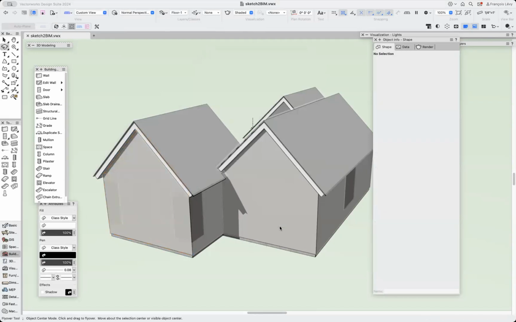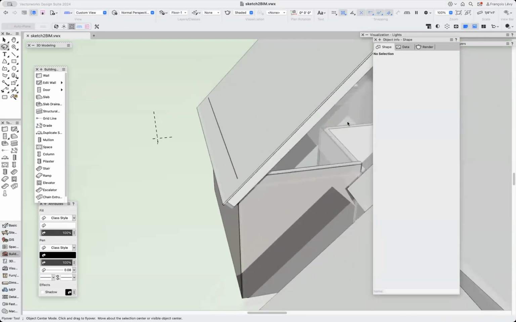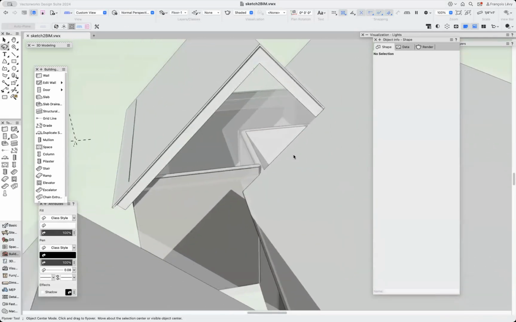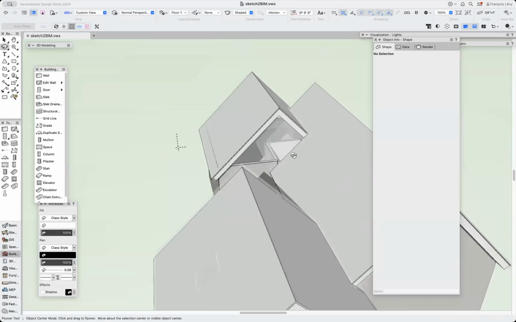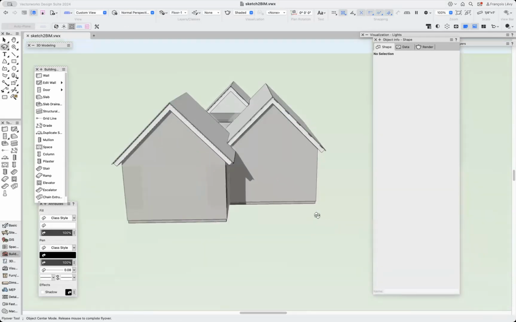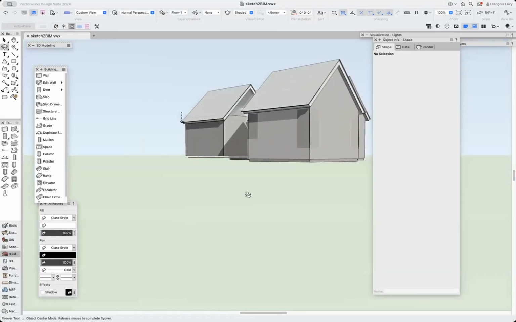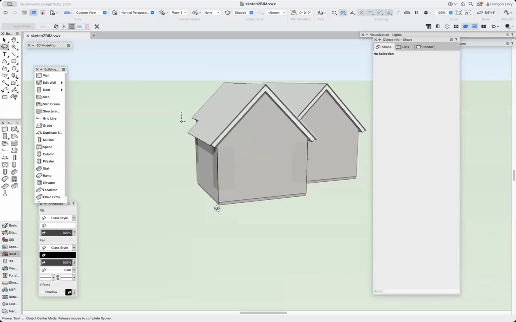Have Vectorworks do that automatically for me. When I get to these little trapezoidal walls, that gets to be a little bit trickier. And then lastly, for making windows or doors for that matter, I can just grab the window tool,